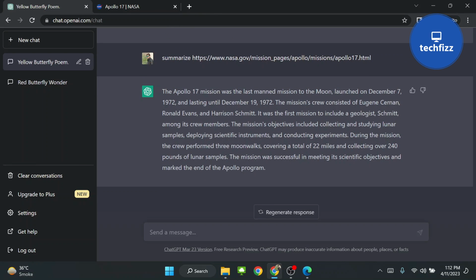Okay, so that's it about ChatGPT. There are a lot of use cases. You can just go to chat.openai.com and see for yourself. You can ask different questions and you will get the answers. There are a lot of different scenarios. So that's it for ChatGPT. And if you want to use ChatGPT in Microsoft Bing, then we have that option as well.